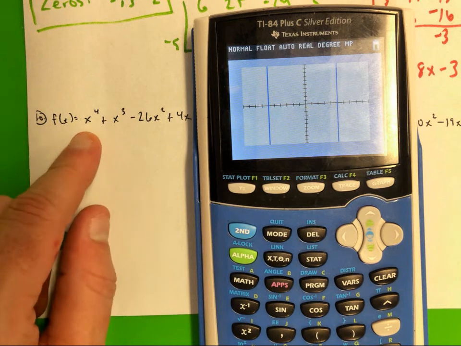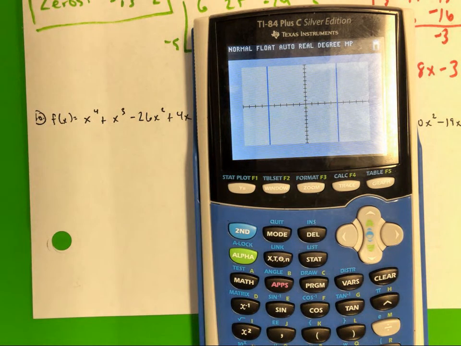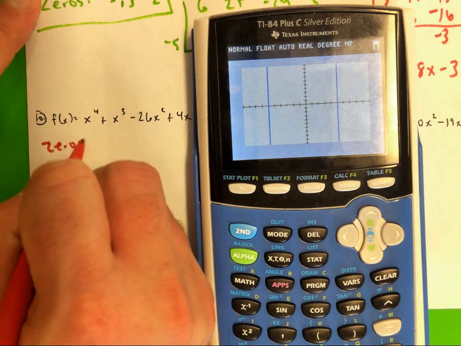Alright, what is a quartic function? I got to break it down twice. I see exactly 2 zeros. So my zeros,